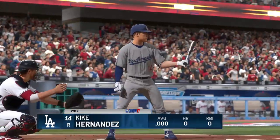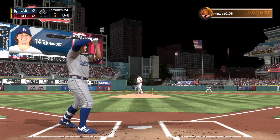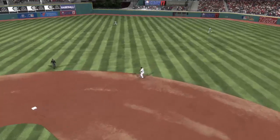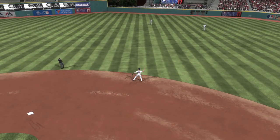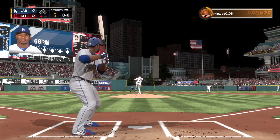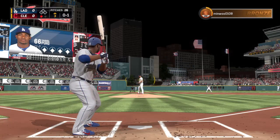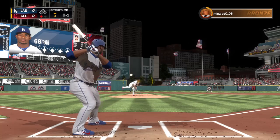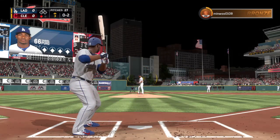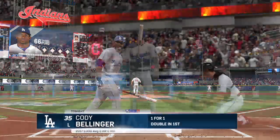Ready now, Kike Hernandez. And he'll start out their half of the third, top of the order to follow. Kike Hernandez. Swinging a soft liner, and this will be put away easily for the out. In now is Yasiel Puig. 0 for 1 for him here in this one. And a high strike to begin the at-bat. It's 0-1. And this ball's heading for the seats down the right side as the count will move to 0-2 now. And he'll try to hold back, but he won't be able to as that's ruled a swing, and there are